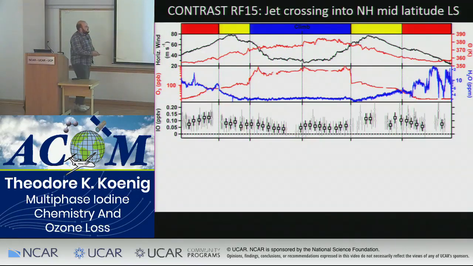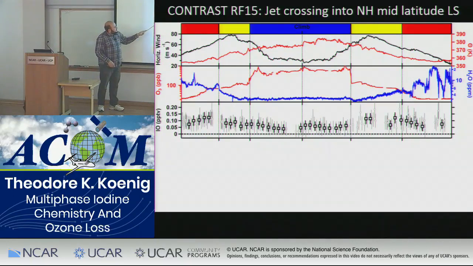And this is the IO we measure during that same time period. In the gray here are individual 30-second measurements, and in black I'm showing our 5-minute averaged retrieval. Just to make it clear, what I'm doing here is averaging all of the spectra for those 5 minutes and then reanalyzing the data. You can see that the IO is going up roughly in line with ozone here, right? So that's just a partitioning effect, roughly what we'd expect. As we increase ozone, more of our iodine exists as IO rather than I atom.